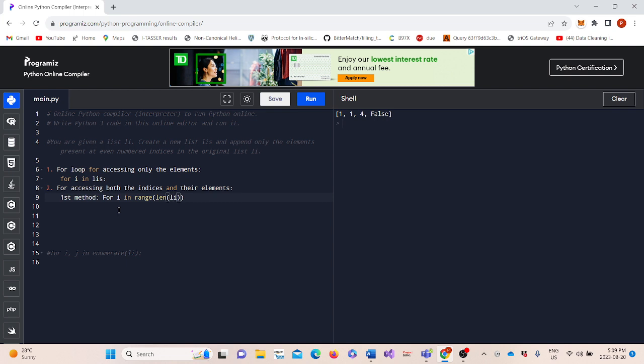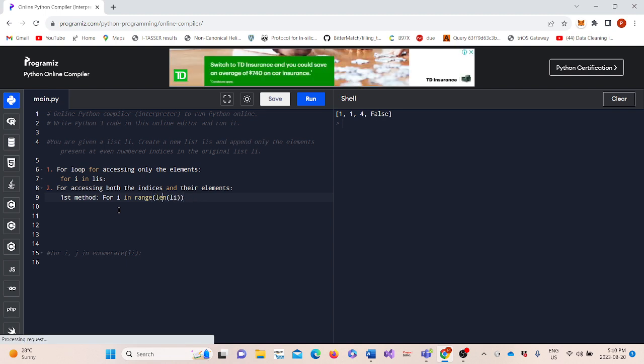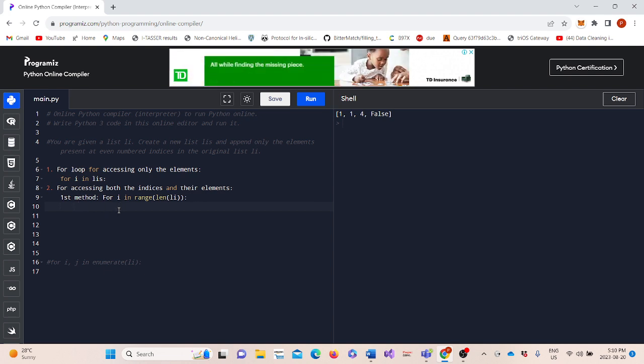You can also change the range over here. As I said, if you give the first number, this starts with the first index and this is the last index, and you can also give the increment 1 or whatever. But this is the bare basic, and then you can say for i in range(len(li)), and you can access